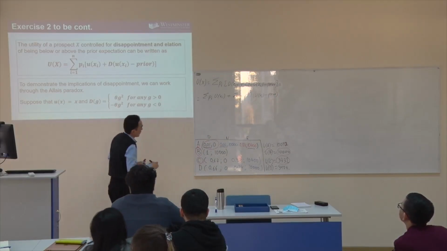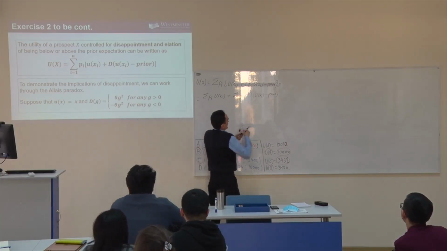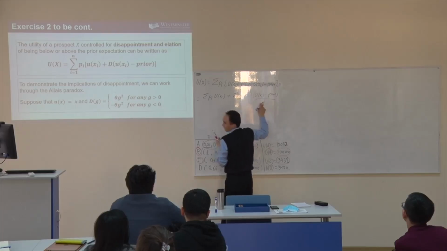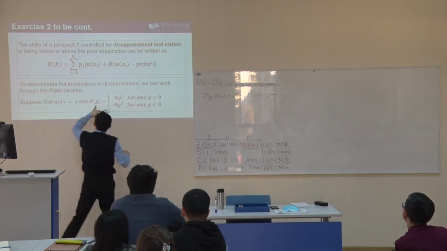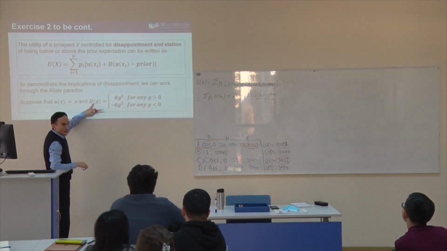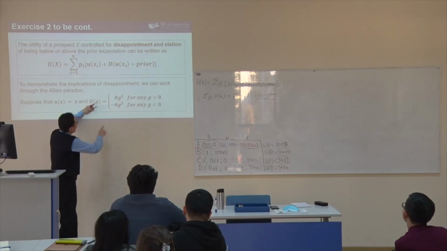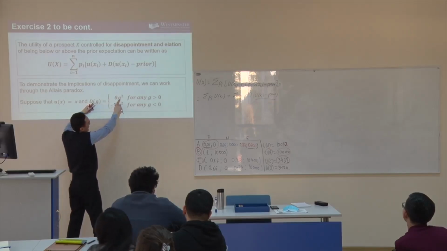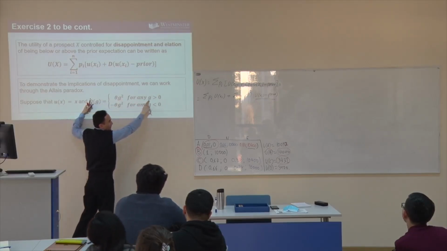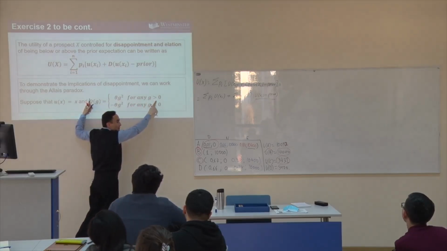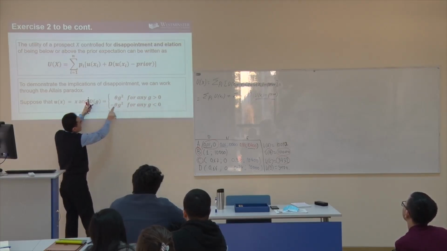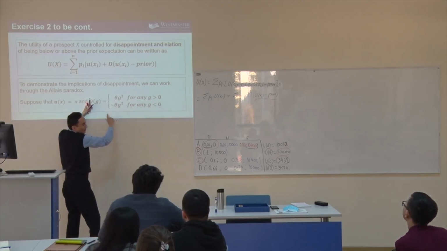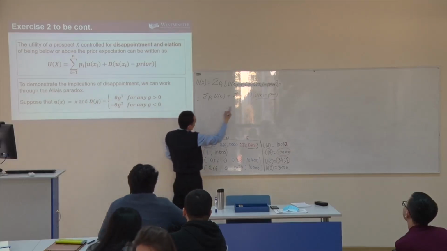So look. What does it represent? You should understand this one. All right? What does it represent? So look. Now, our disappointment function is going to be equal to theta times g squared if this g is greater than 0. I will explain to you what this is now. If this g is less than 0, then we will use this one. We will use this one. So, just a second. Let me write it like this.